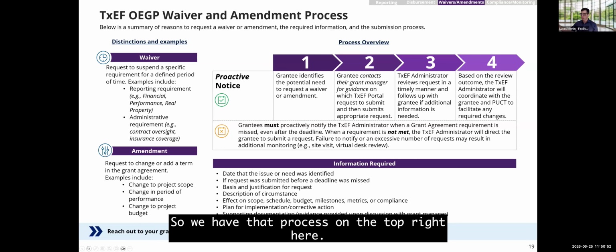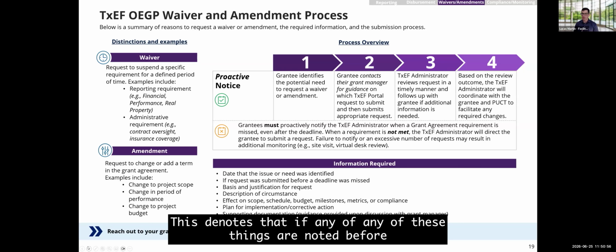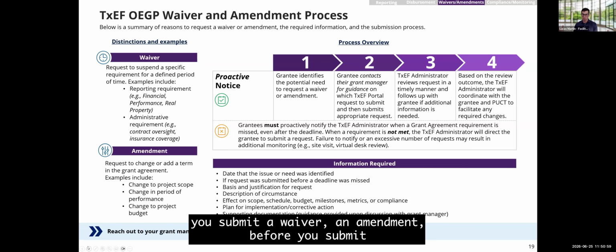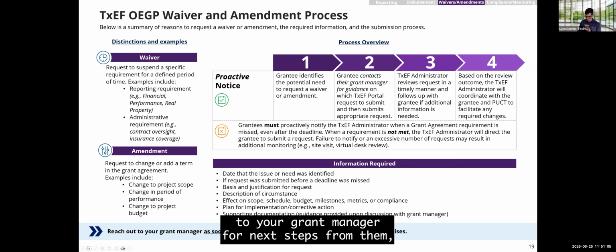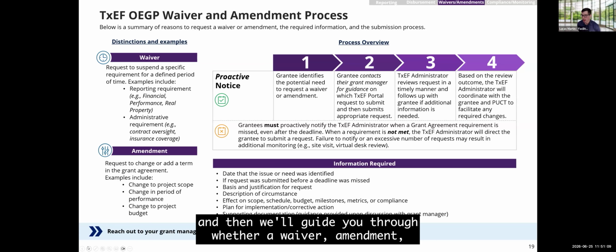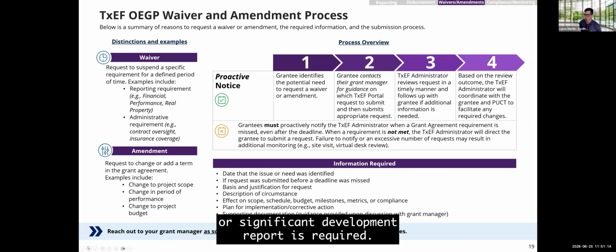So we have that process on the top right here that denotes that if any of these things are noted, before you submit a waiver, an amendment, or a significant development report, we would ask you to reach out to your grant manager and get some next steps from them. And then we'll guide you through whether a waiver, an amendment, significant development report, or what have you